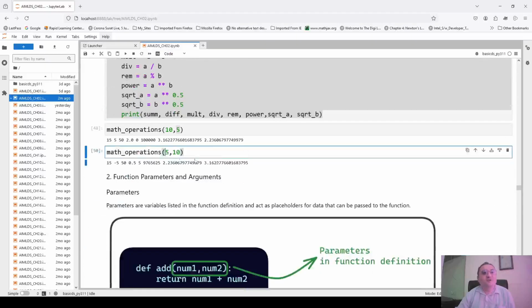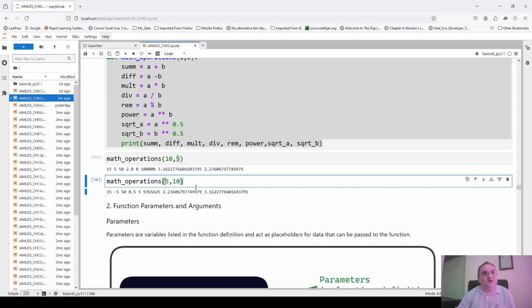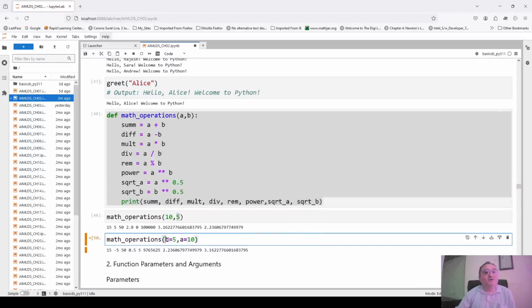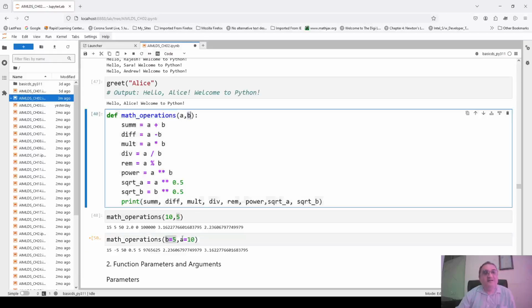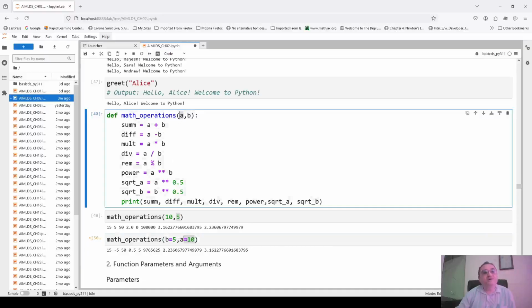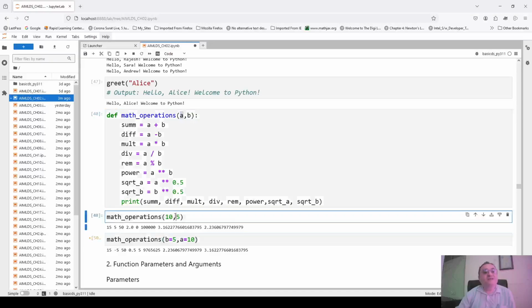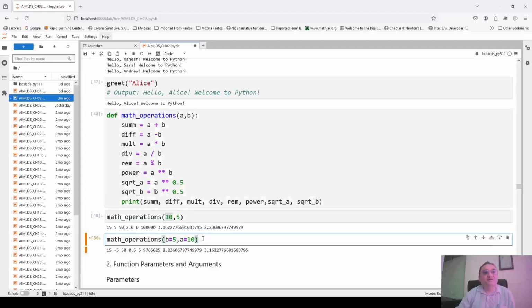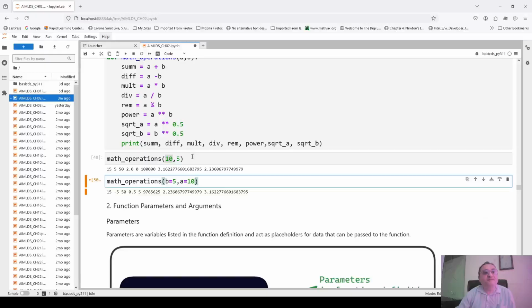Then there is one way out: you can change the order this way, but you specify that this is my B, and similarly here you specify that this is my A. Now you will see that even though you are passing 5 first, you are clearly specifying to attach that 5 with B. So this 5 will be attached here, and this 10 will be attached here, because you have explicitly told it. It will be just like passing 10 and 5, where 10 will be attached here and 5 will be attached with B. Let us see if that gives the same result as this.